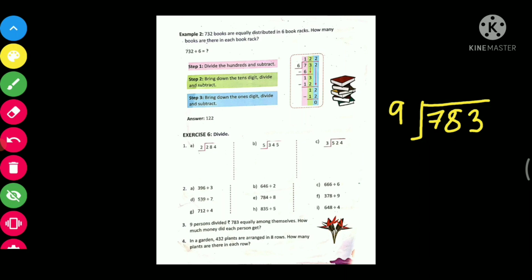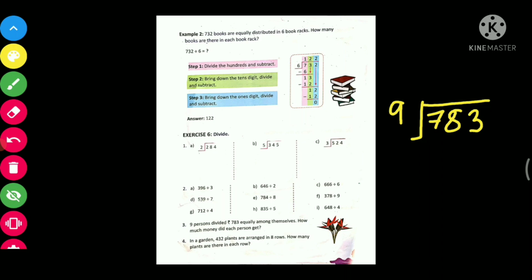So now we'll compare the 100 place with the divisor. As our divisor is 9 and in our dividend part in 100 place 7 is there, which is smaller than our divisor. So we'll take two numbers. That means along with 100 place value, we'll take tens place value. So 78 is now what we have to divide. So in the multiplication table of 9, 78 is there or not? If 78 is not there, which number is there that is slightly smaller than 78?